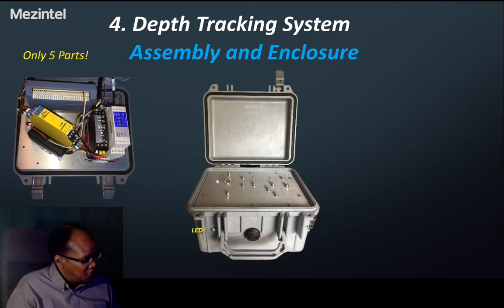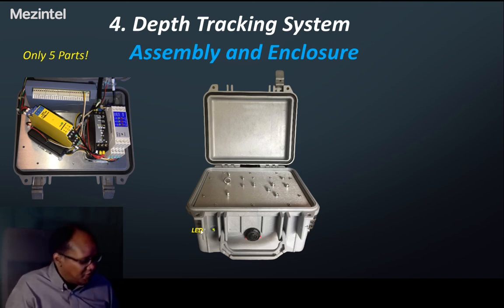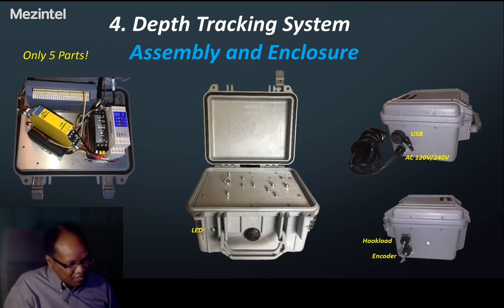Once assembled, as shown over there, the panel is laid into a pelican case, which has enough depth to support the components, and what you see from the front is just the LED. Since this system is purely software driven, there's no indicators on the box. And on the side of the box, you have the USB connector and the AC power supply cable, that provides 120 to 240 volts. So this is for international application. And on the other side of the enclosure box, you have the connectors for the hook load sensor and the encoder sensor, and this forms the minimum configuration of the